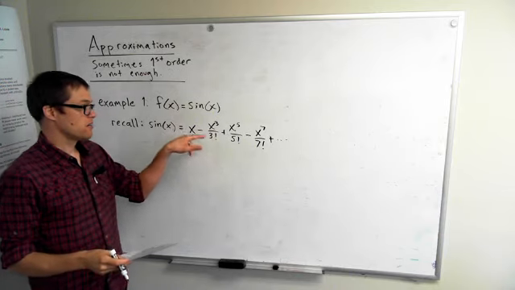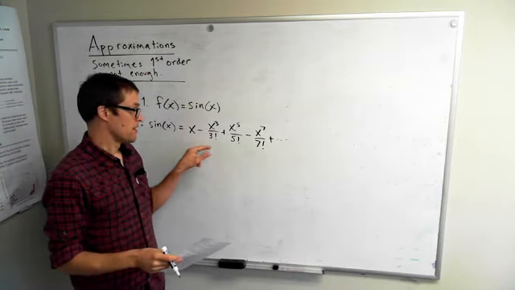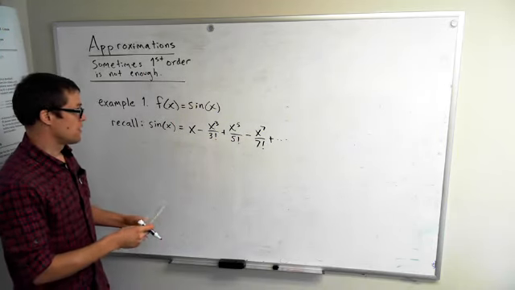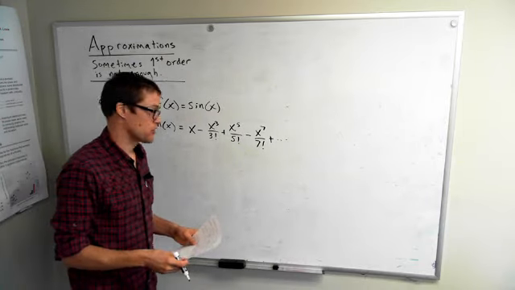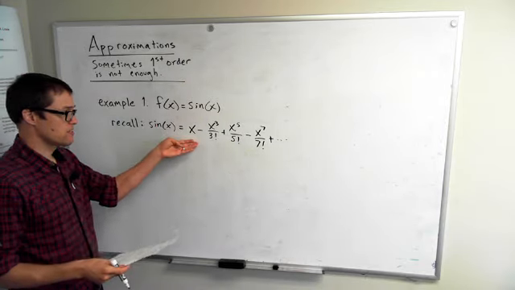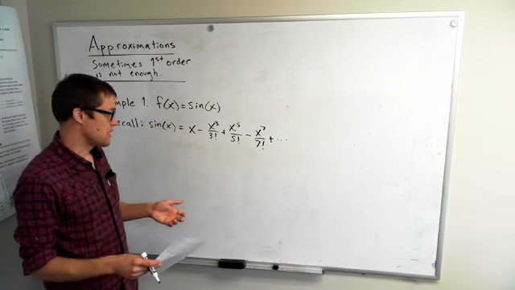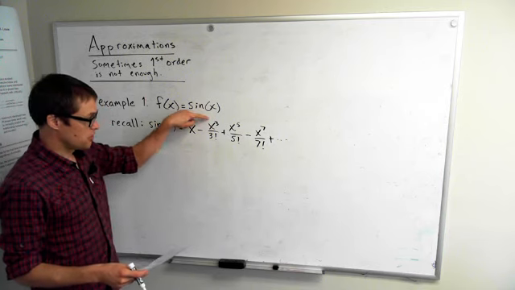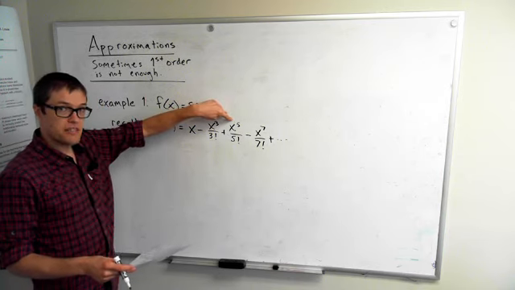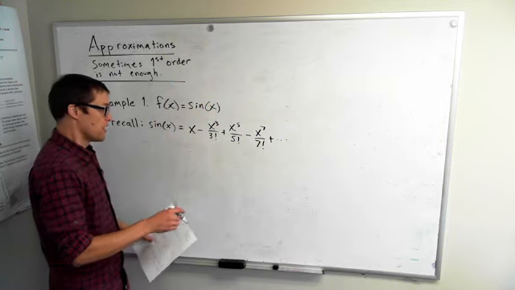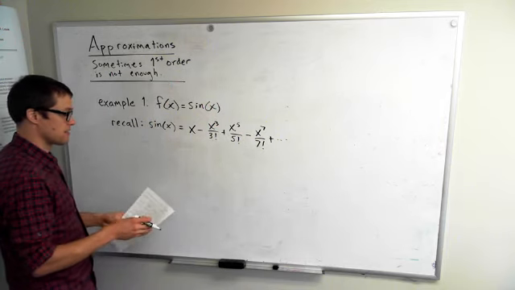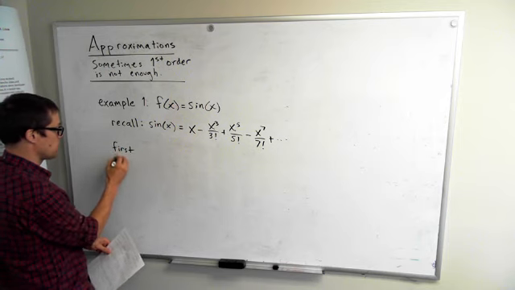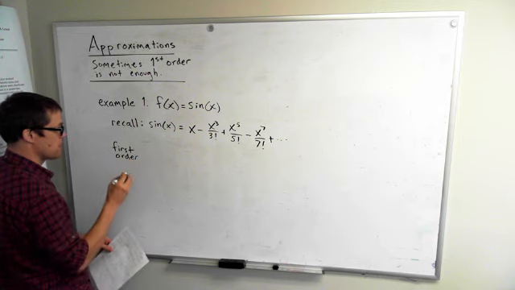So this pattern of increasing the exponent by 2 and dividing by the exponent factorial, with alternating sign, is how you can write down the sine function as a series. And once you see the sine function in this way, you can easily see that if x is small, much less than 1, then this x cubed is really small, x to the 5th even smaller, x to the 7th even smaller. So if you're going to approximate sine of x, then a first order approximation of sine of x is